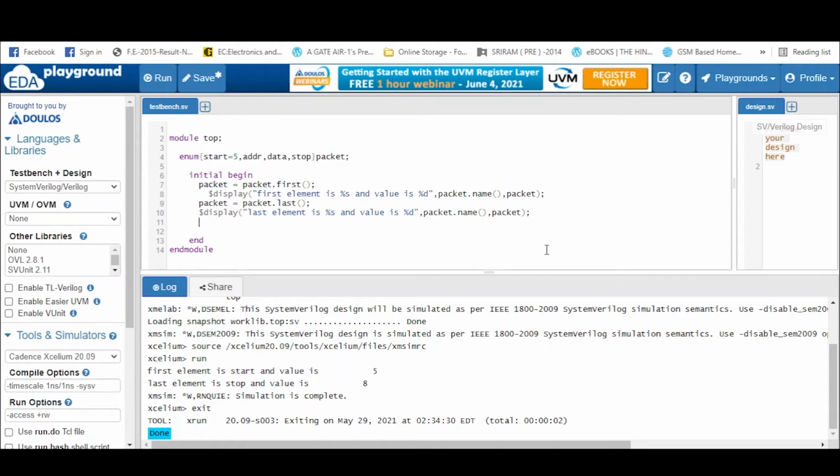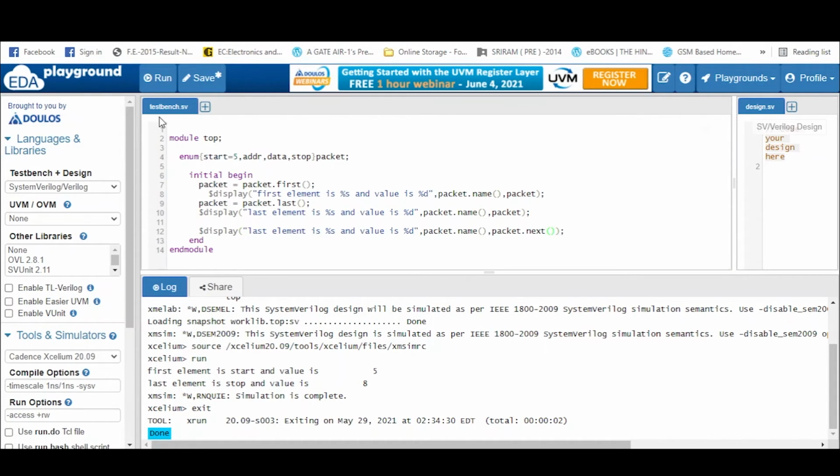Okay, there are two more methods. You can see the next element also. There is no need to initialize, I guess we can directly see it using the display statement also. Now this is our last element, right? We have initialized it to the last element, that is stop. So we will write here packet.next. I think it might work, but the name will not be printed.